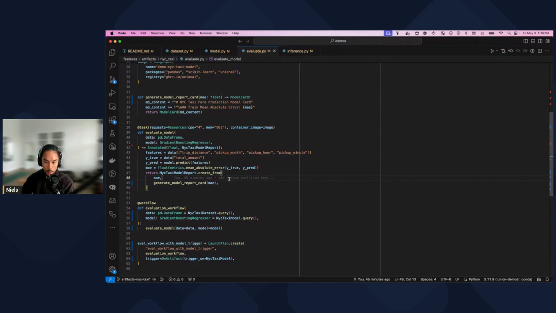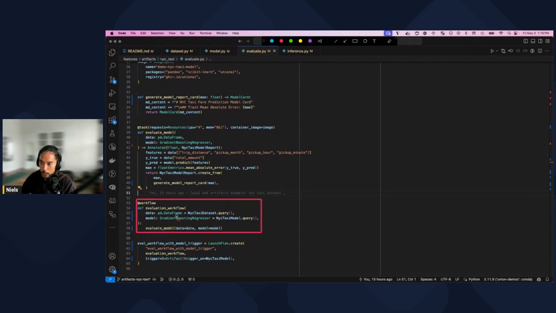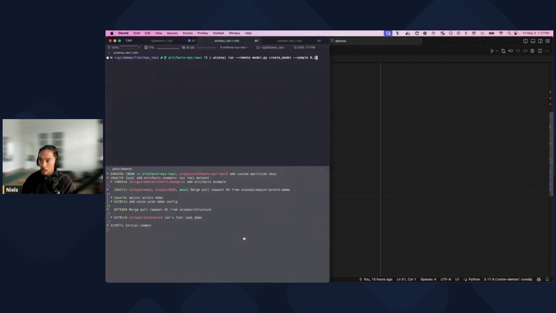So it might make sense for you to break this out, where we have the syntax now with launch plans, where you basically say, here's my evaluation workflow. I'm going to evaluate on just the training metrics. So this is kind of a toy example. I'm going to evaluate on the data set I trained on and the model that I just produced. And I actually want to trigger this launch plan whenever a new version of the NYC taxi model is created. So hopefully this will not take too long, but I'm going to actually kick off a model training